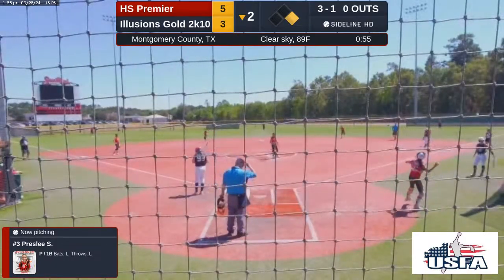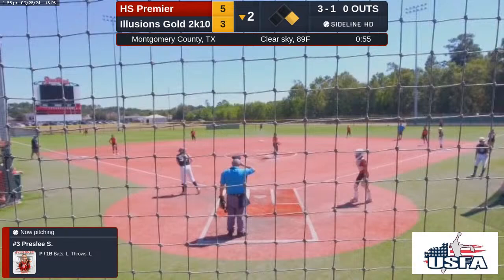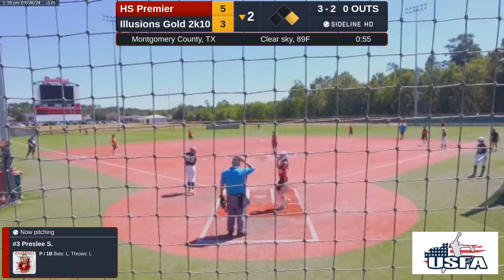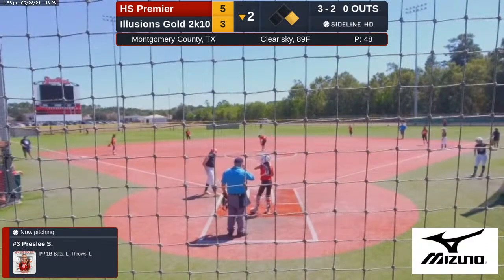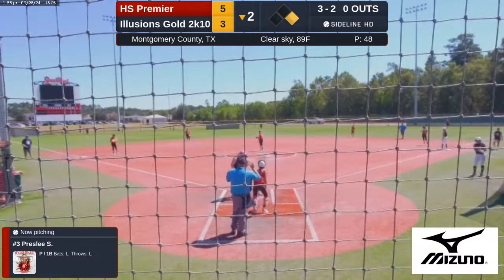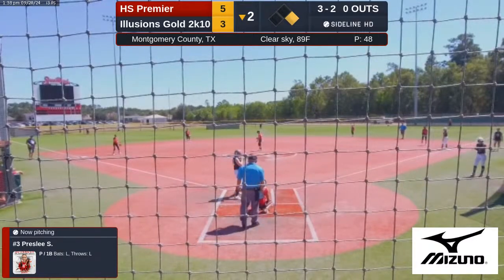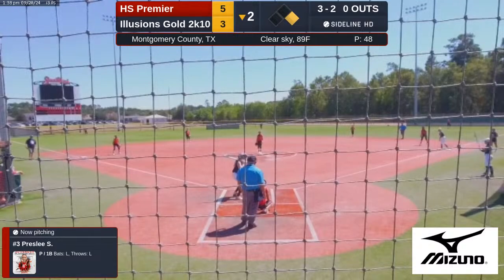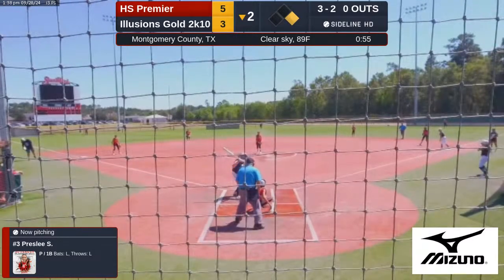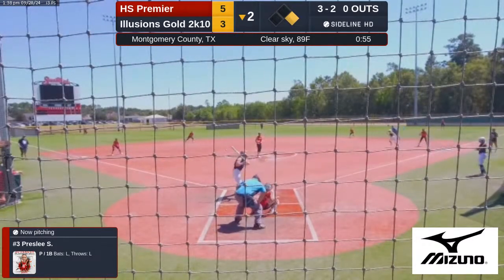He's fouled back, and we've got a full count here. 50 pitches, 25-25. Stayed right on that 50% mark all the way through. We got a full count, nobody out.